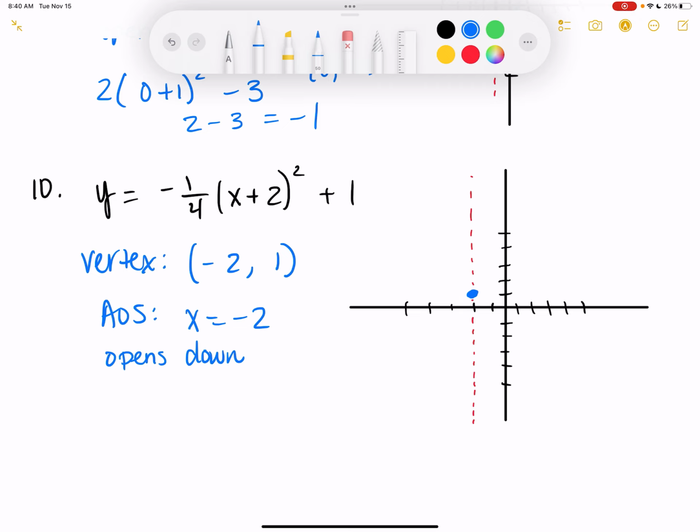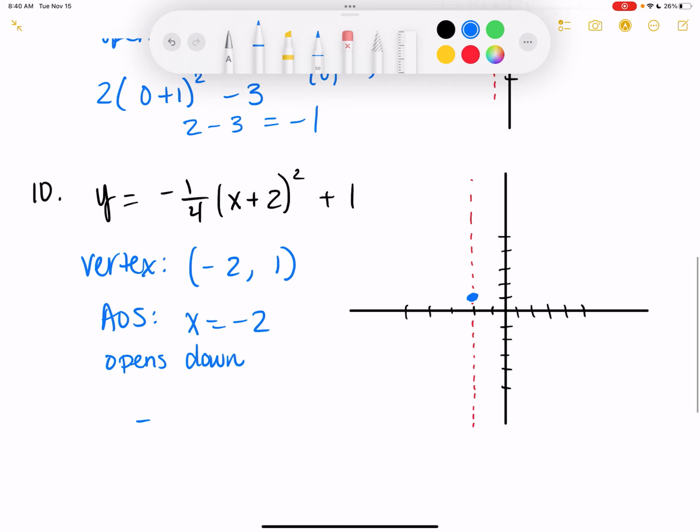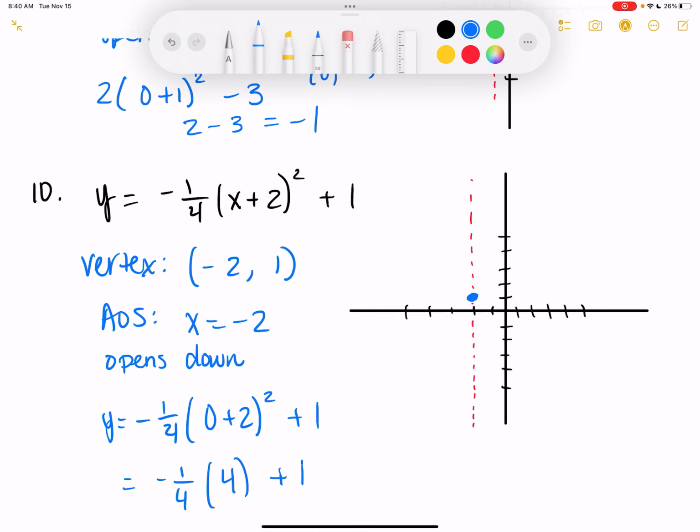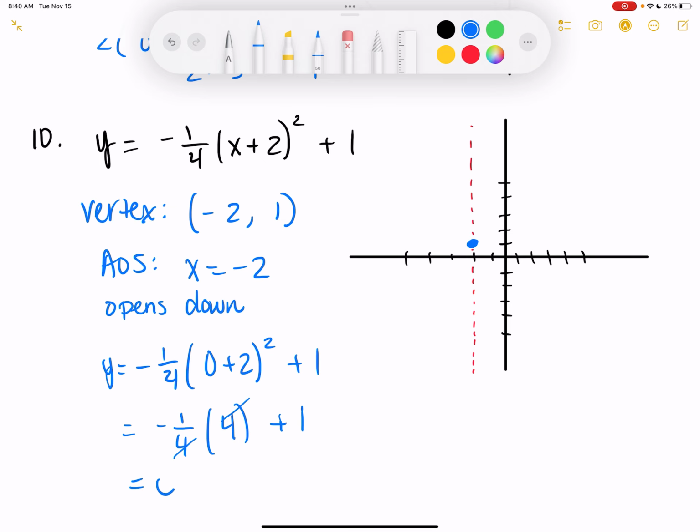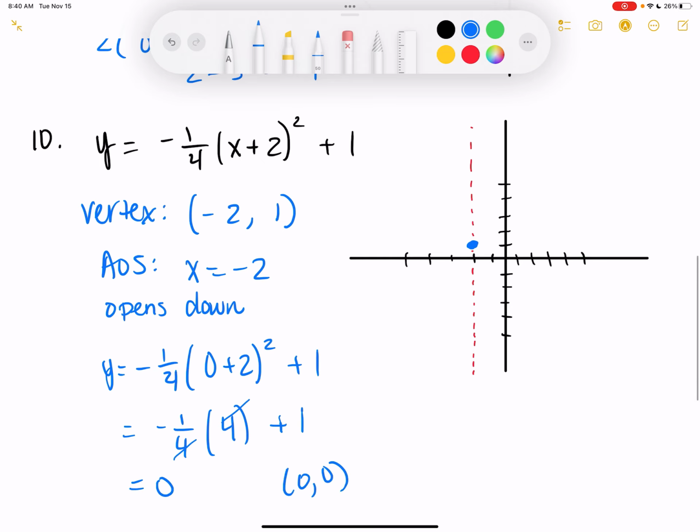So plugging in 0, I've got y equals -1/4 times 0 plus 2 squared plus 1. So inside of the parentheses, I'll have 2 squared, which is 4. So -1/4 times 4 plus 1. So the 4's cancel. -1 plus 1 is 0. So 0, 0 is going to be one of my points. So just notice it's still below. It's just going to be a wider opening. So I was 2 away on the right. If I go 2 away on the left,